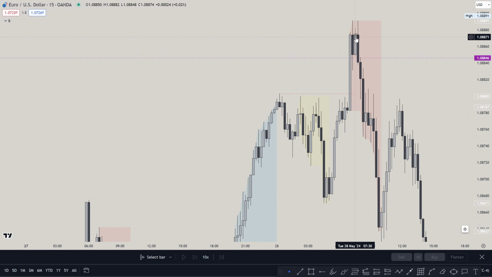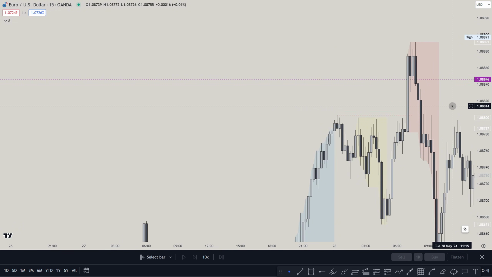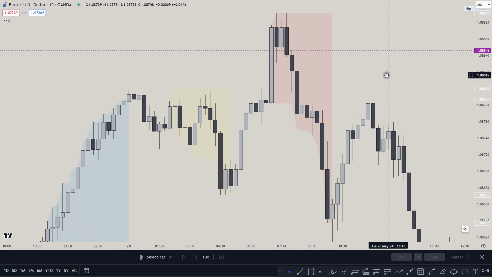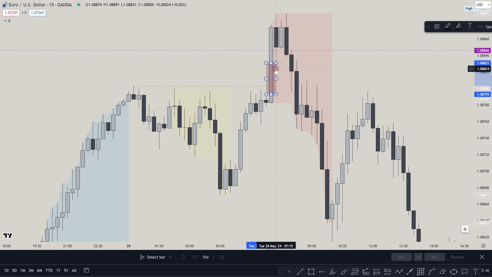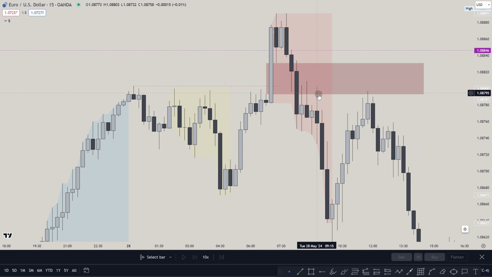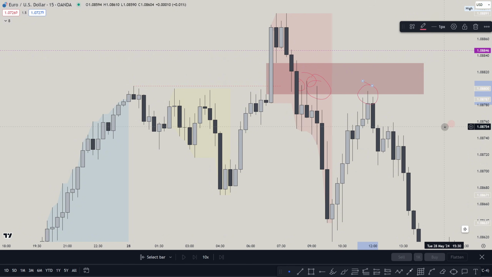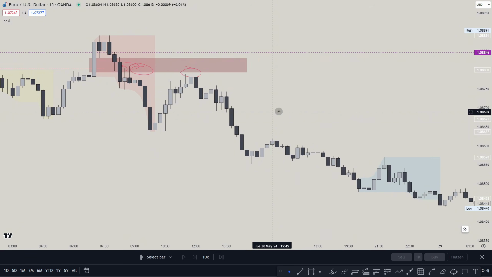A lower time frame entry could be taken here, as price started going lower. What we have after that is an inverse fair value gap right here. The fair value gap was disrespected, because we don't have any fair value gap here, but we can see this inverse fair value gap disrespected here, and price came back to it one time, two times, three times, four times. So four times price came back to it, which you could enter from here, first of all, or from here, or from here, and from here. But if you entered from here, with a stop loss a bit above,